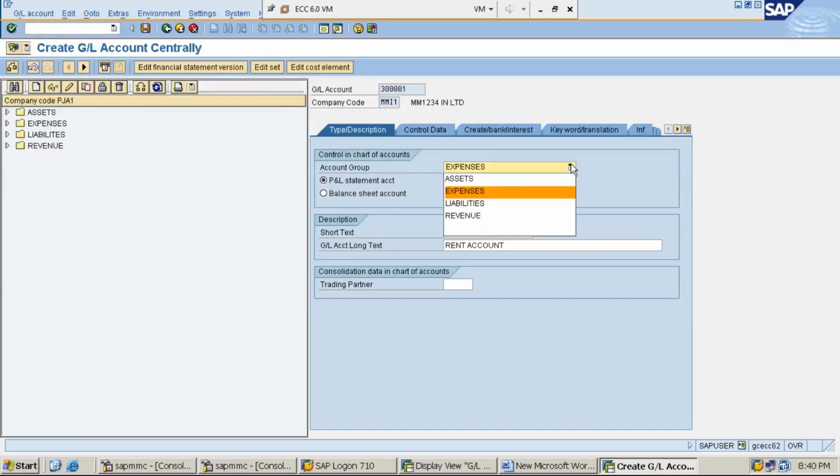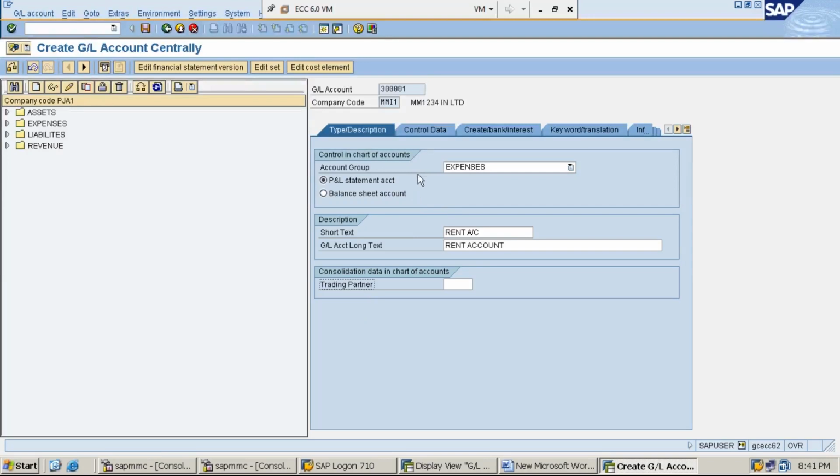Suppose if I select revenue, it will understand it as revenue. Suppose if I select asset, it will understand it as asset. Clear? Yes. So account group expenses, profit and loss statement, short text rent account, GL account long text rent account. This trading partner I'll explain later in afterward sessions.